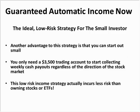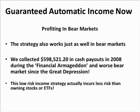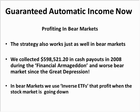So it's a low-risk income strategy, and it actually incurs less risk than owning stocks or ETFs, and I'll show you an example of that in a minute. And another advantage is with the weekly covered calls, you can also profit in bear markets, and